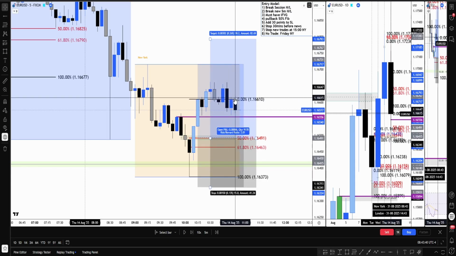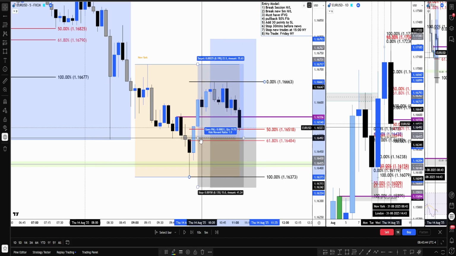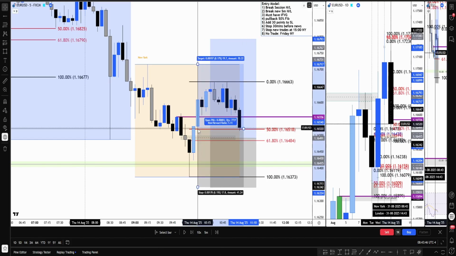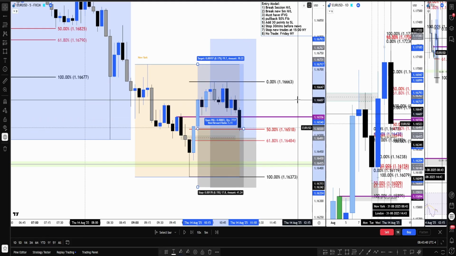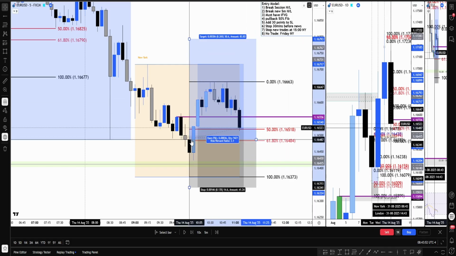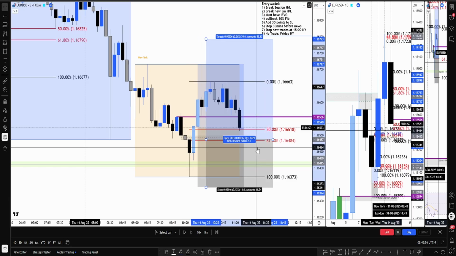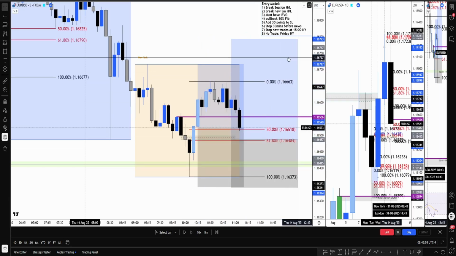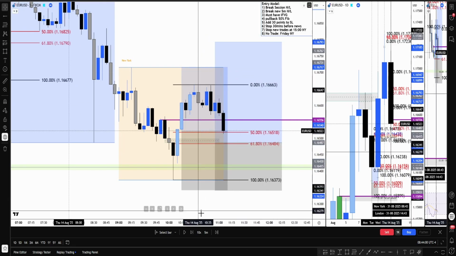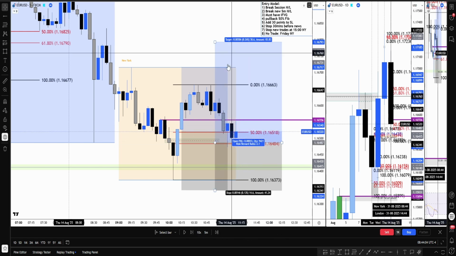Waiting for a retest of the 50%. We actually get our 50%. We have to adjust as price moves. So we entered off the 50% here. And this trade, we can actually now just keep off the order block there. So let's give it some time. Okay, there we go. We entered that trade as well.